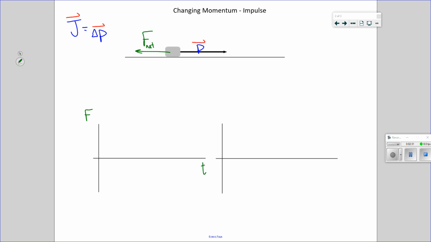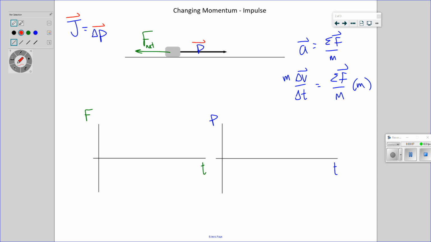And let's look at this force as a function of time and what that does to momentum as a function of time. Via Newton's second law, we can say that acceleration a is net F over m. Acceleration is the rate of change of velocity, net F over m, and vector, vector. And note here that if we multiply both sides by m,